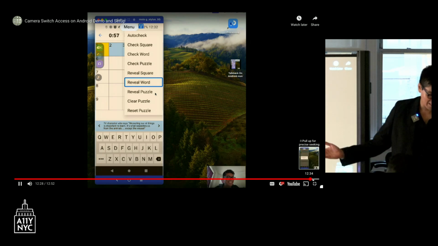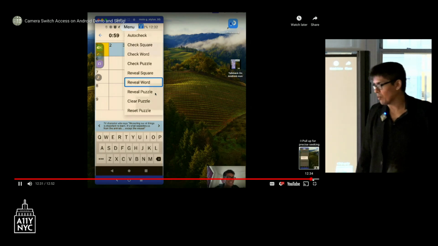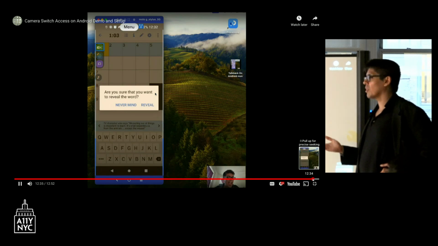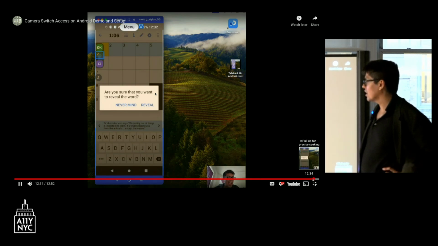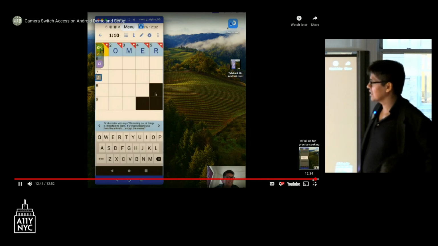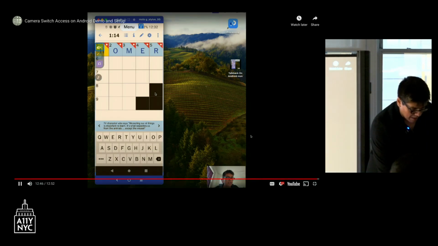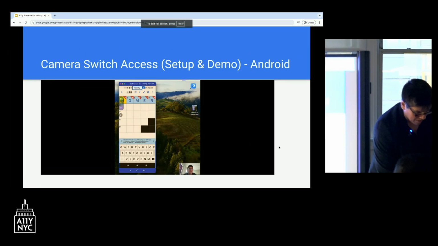Essentially I just reveal the word, because it's going to take a while to actually interact with the word. The point is to do this all through your facial gestures. And so there's the word, reveal. All right, so that's an example of switch access helping me out through the camera in playing this game.